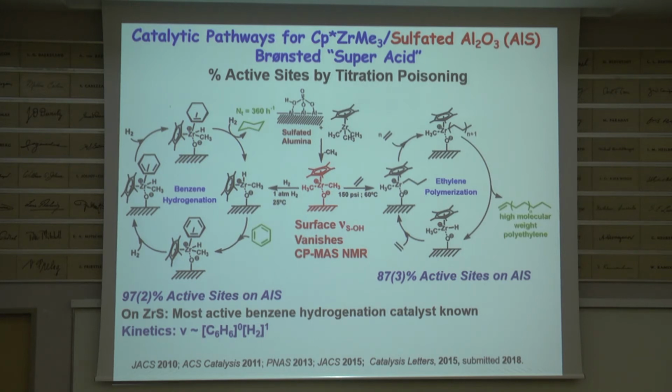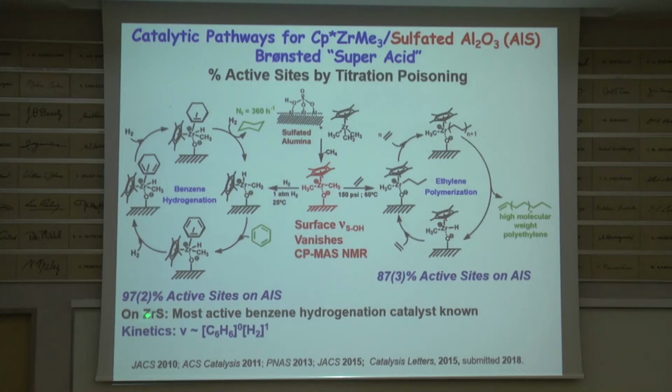The very first experiments done here, Morse Eisen is out of town. Actually, Morse did, not with zirconium, but he did a thorium compound in my group. 97% of the sites are catalytically active. Now, the first ramification is, for the first time, what you see spectroscopically is going to be the real catalyst. And we'll get to that in a minute.